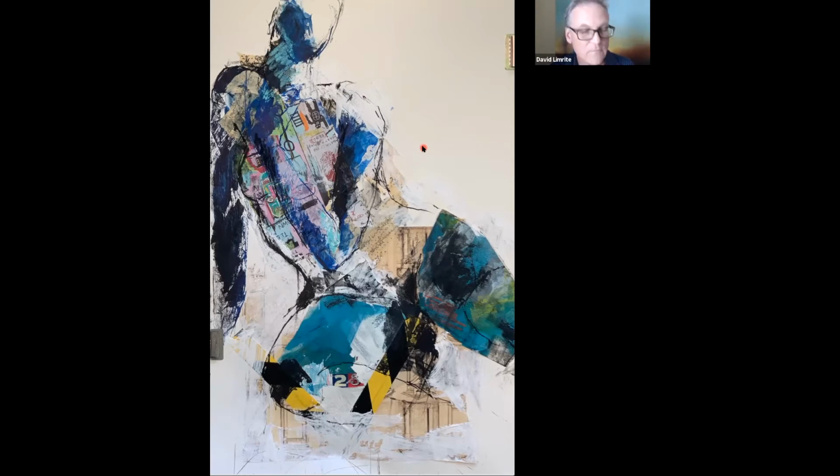Can I ask you a question? Sure, please. So the bottom two pieces are old paintings that I ripped up and collaged in, which we talked about on Thursday. And when I went into my studio yesterday, I was kind of like, what the hey, let's try a different kind of collage. My question to you is, do you think it would have been good to incorporate a piece of that into the torso just to sort of